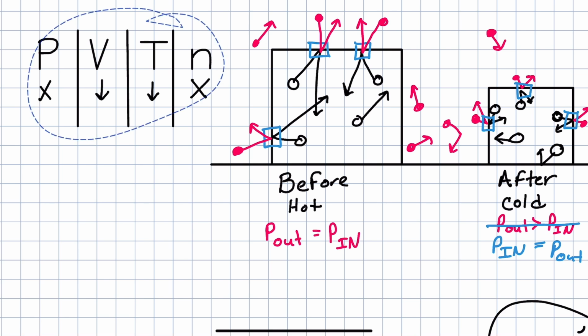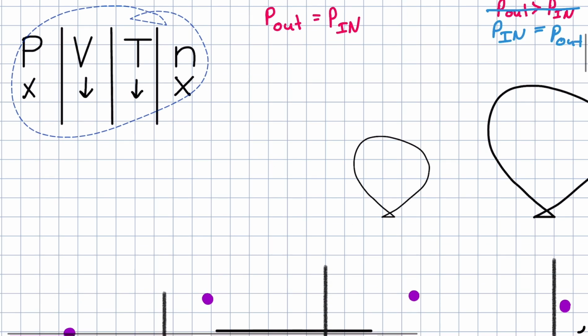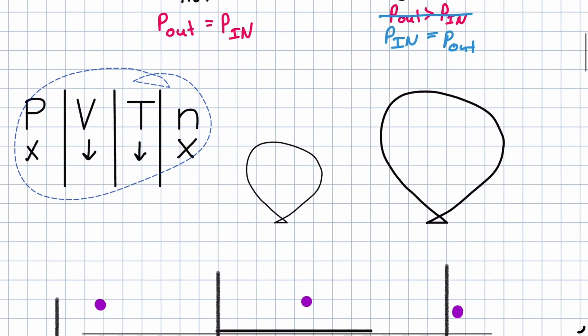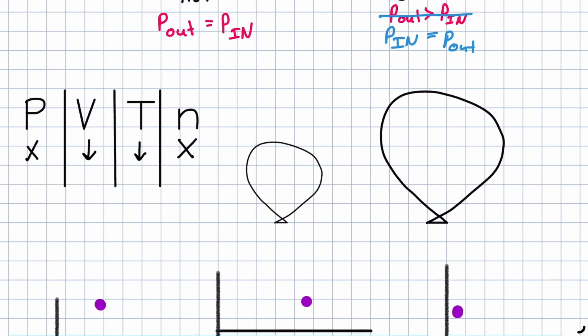So now we're going to have an open system. With my open system, at first I have fewer particles in there. This is what we did the other day, where they're at room temperature, so they're all moving the same. But in this one, I only had 3 particles. And again, the particles on the outside are going to push against it. That's why it stops moving, because the number of particles on the inside pushing is the same as the number of pushes on the outside. So my pressure